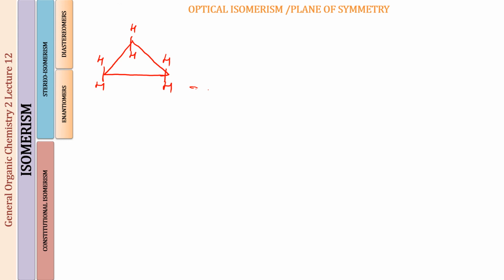And what are we going to do? We are going to cut through this hydrogen, the carbon and the hydrogen going downwards, and we will be able to cut the triangle into two halves. There will be one carbon with its hydrogens on one side and the other on the other side. So they are going to be mirror images of each other. Hence, it is going to be an achiral molecule. Let us do one more molecule.